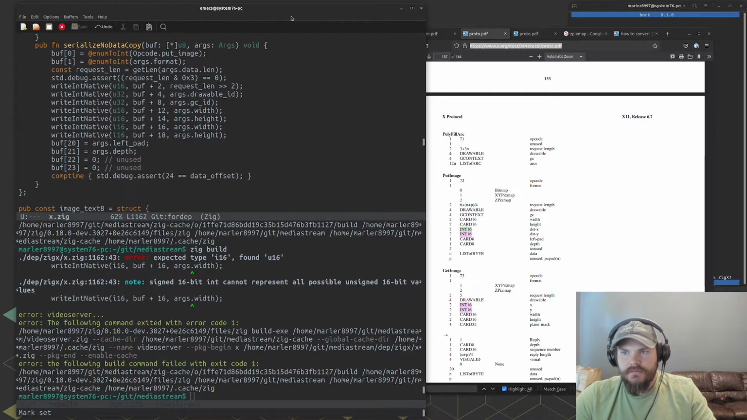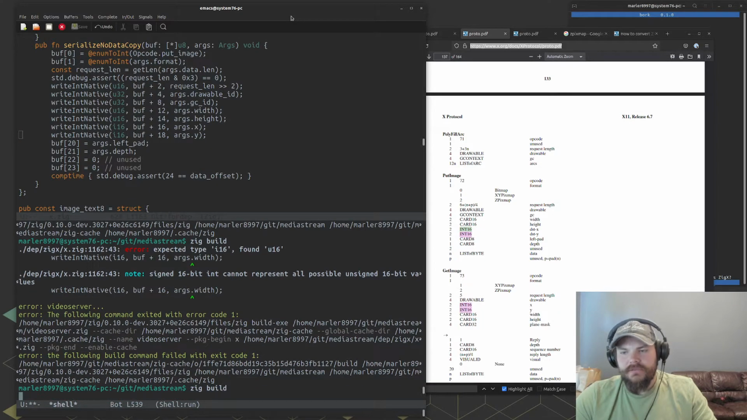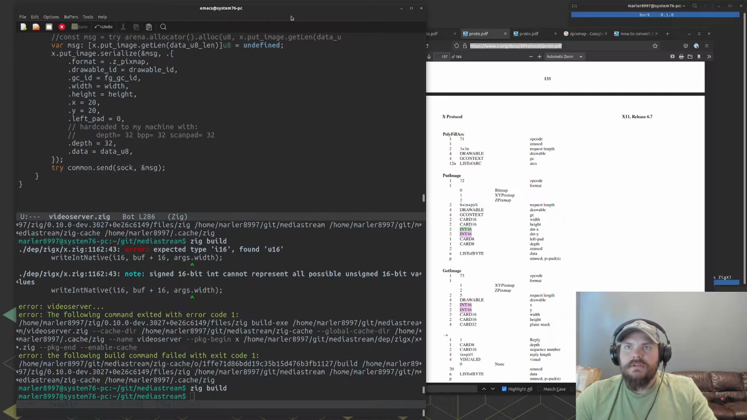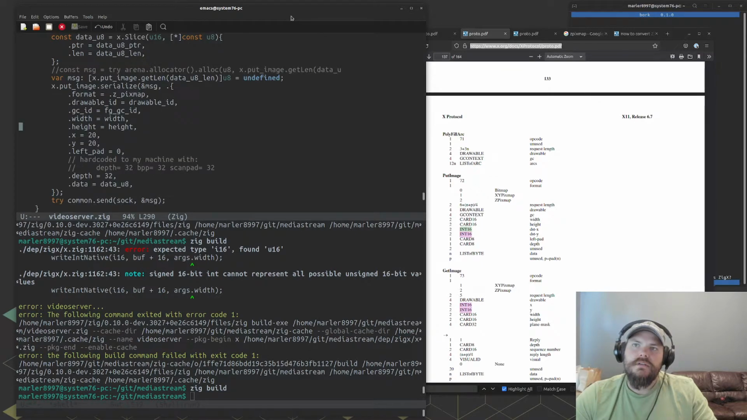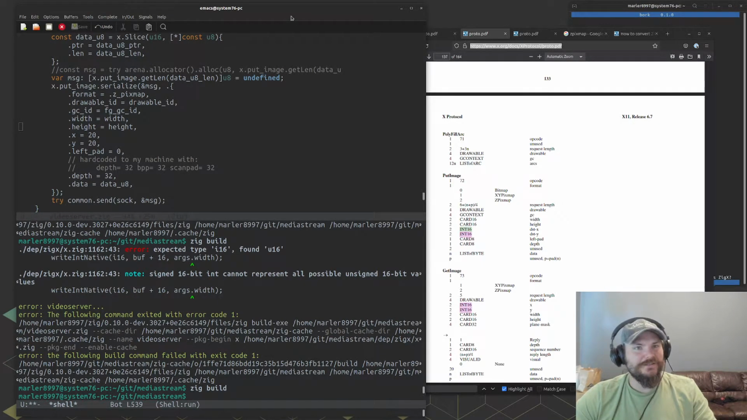Args.width needs to be an I16. Should be X, and that should be Y. Man, look at all these mistakes. Okay, well, theoretically, it should work. I don't have high hopes, but